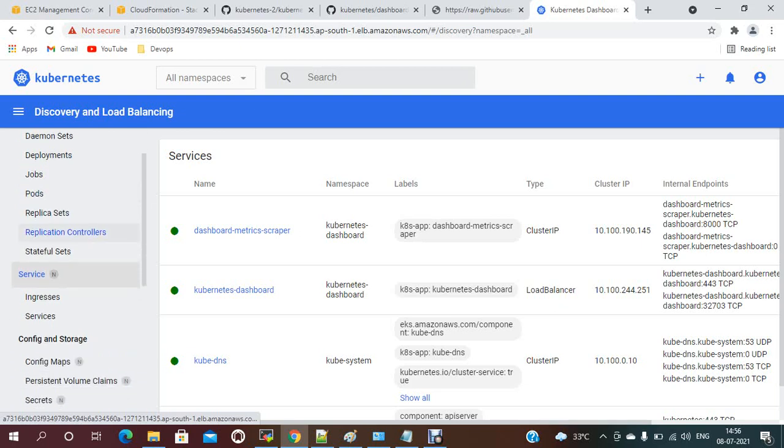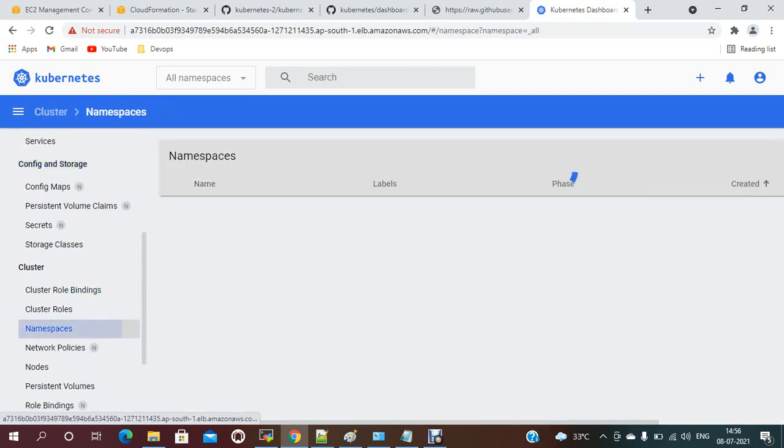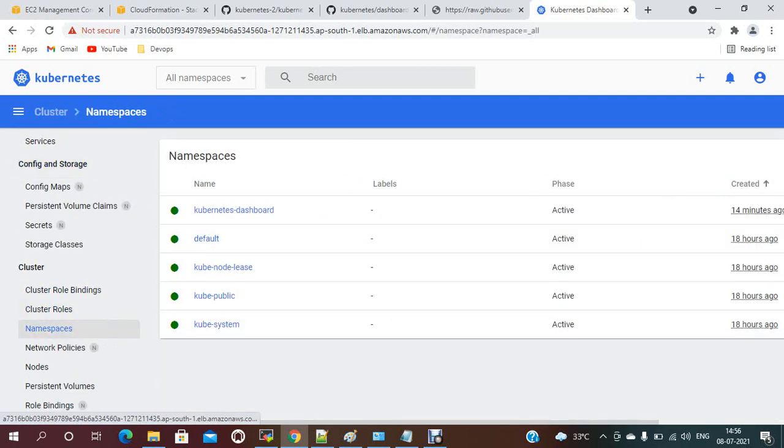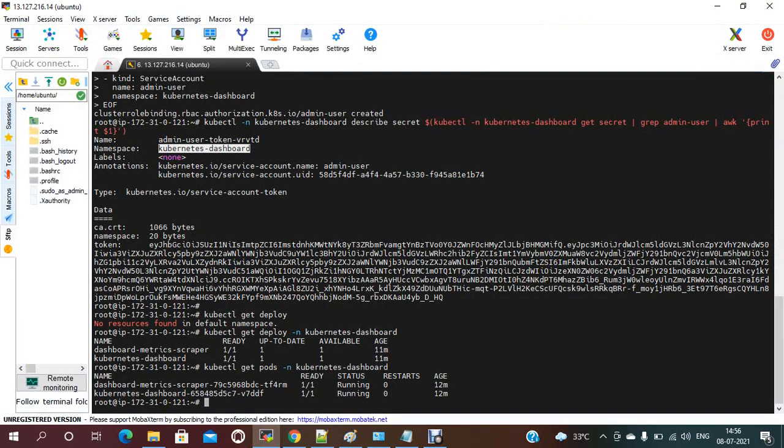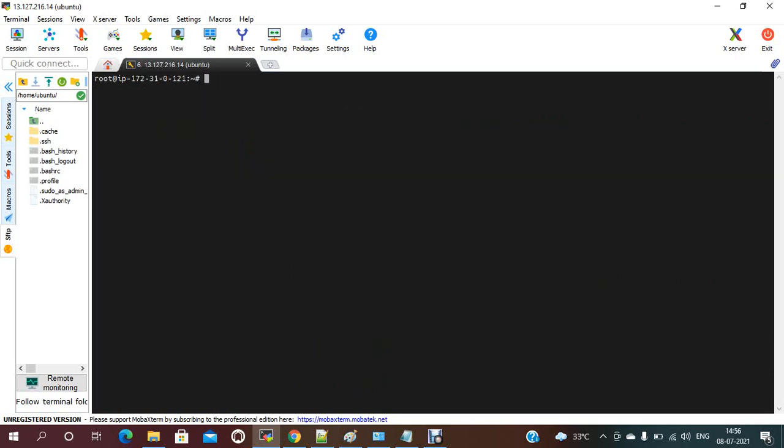Namespaces. So currently these are the namespaces. If you want to create new namespaces, you just create them and it will be updated. Now currently if you check kubectl get ns, these are the namespaces, default, kubectl, everything.